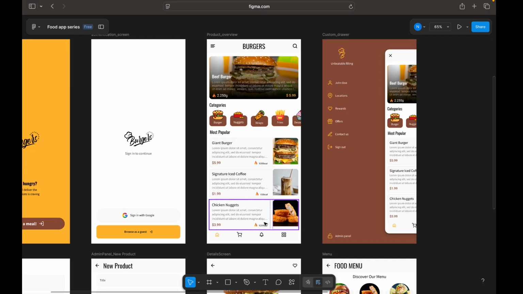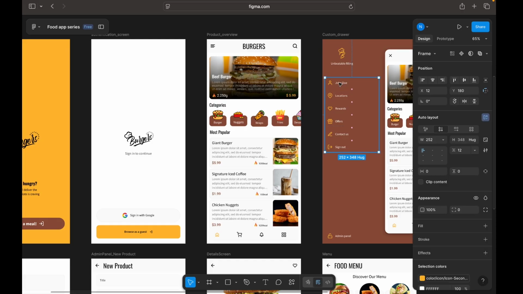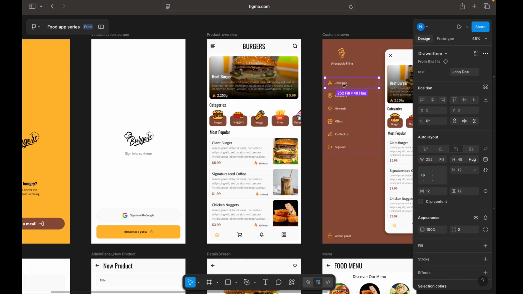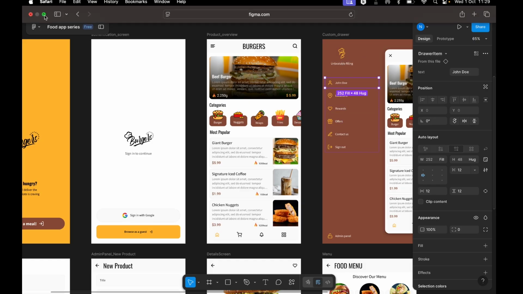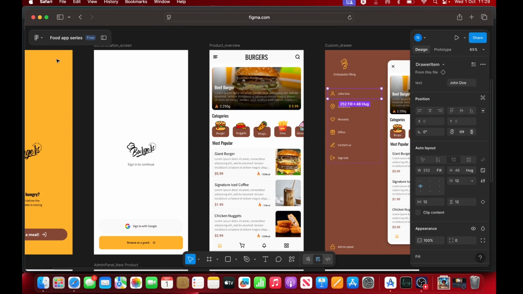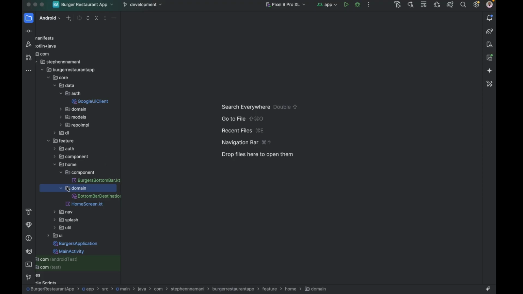So let's continue with creating our custom drawer, but before we do that, we need to start creating some items that will be required. As you can see, this is a component, drawer item card, some of these items that we're going to have here, but I've made some modification. I changed this to the profile picture of the user and a welcome message underneath, instead of just putting the logo there. So let's go to our code now and start creating those components that will be required to produce this drawer. Okay, first of all, we'll start by creating our drawer items,